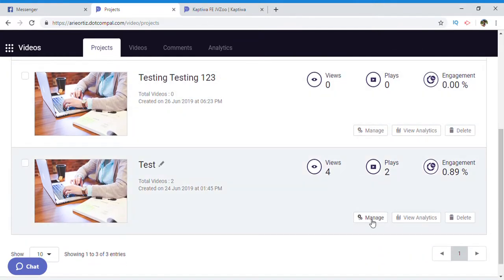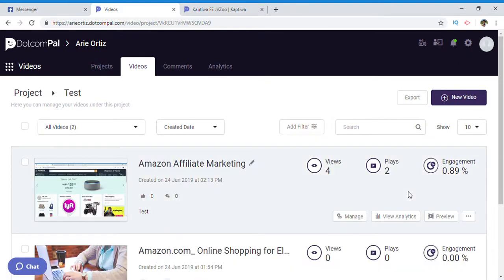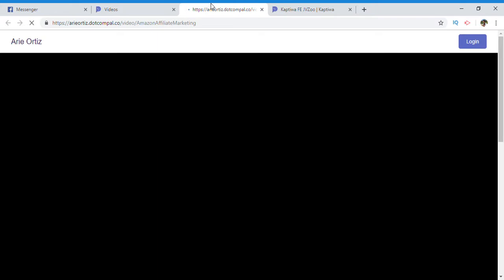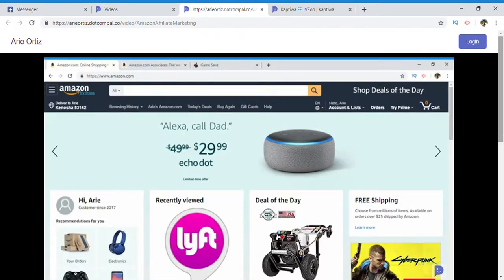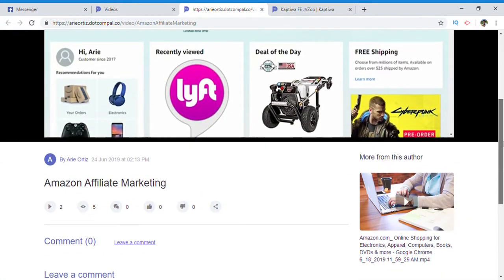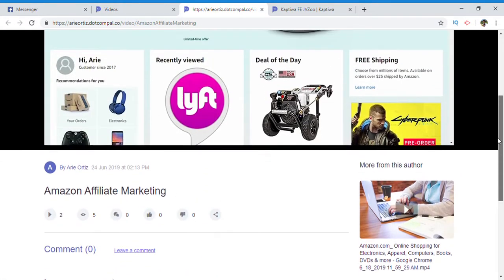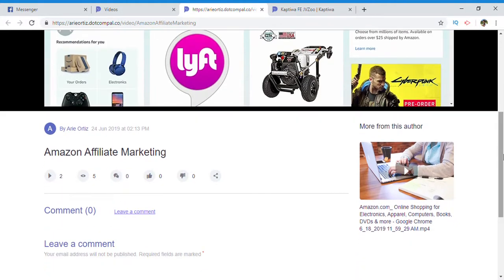So in here, I will go to Manage, and then we have one of the videos that I uploaded here. So what I'll do is I'll go to the actual video page by clicking this. And to give you a bit of an idea of what this really looks like when you have it uploaded, it'll have your video here that you could play, and then visitors that come here, they could watch your video, and